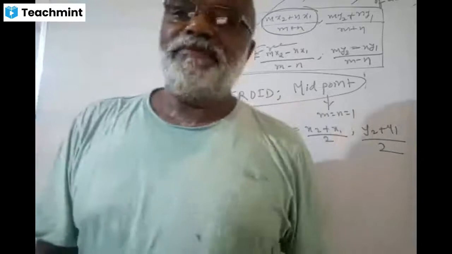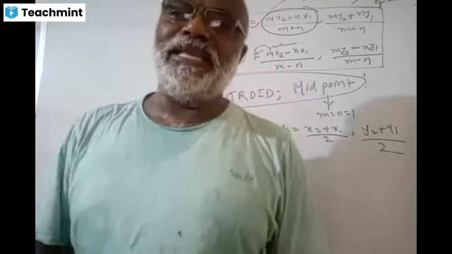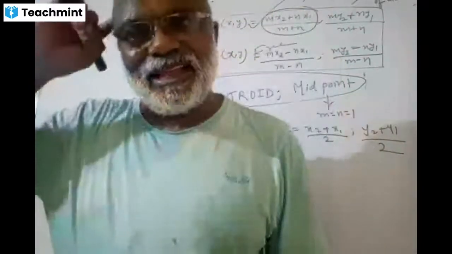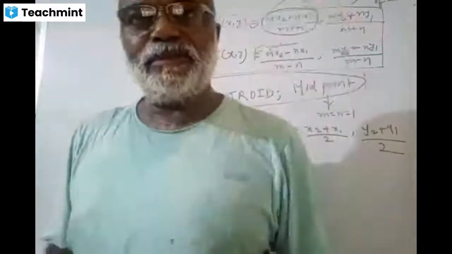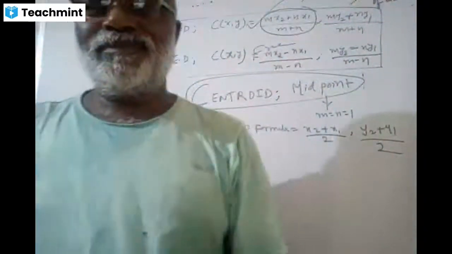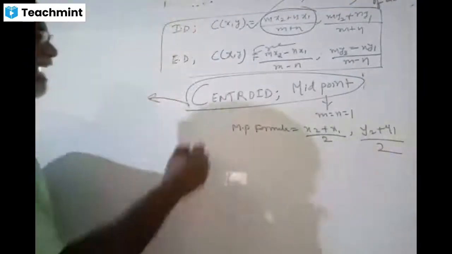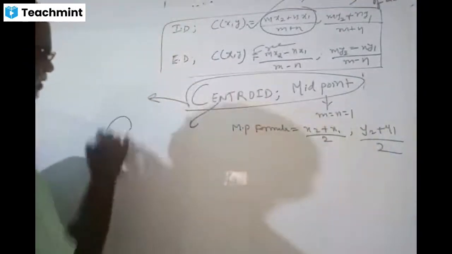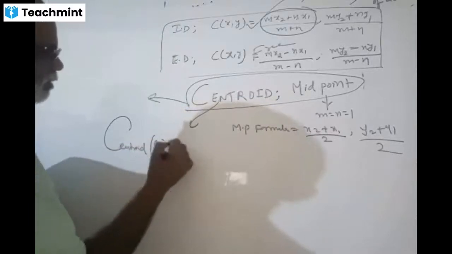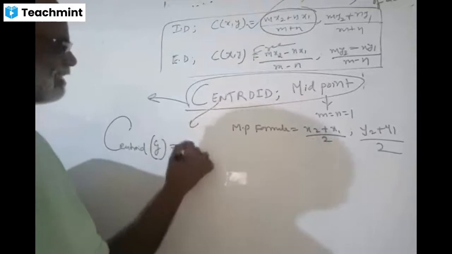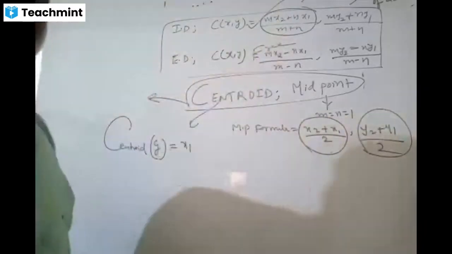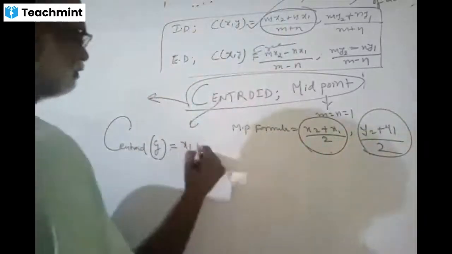No, that's not the way. There is no m and n there. 3 is a fantastic answer. Can anybody think on that? So would it just be x1 plus x2 plus x3 divided by 3 or something like that? Brilliant. Then that is the centroid formula. The midpoint formula is for 2 points and the centroid formula is for 3 points.